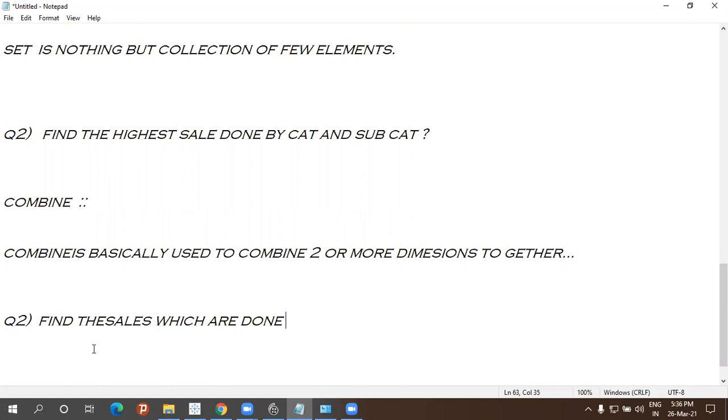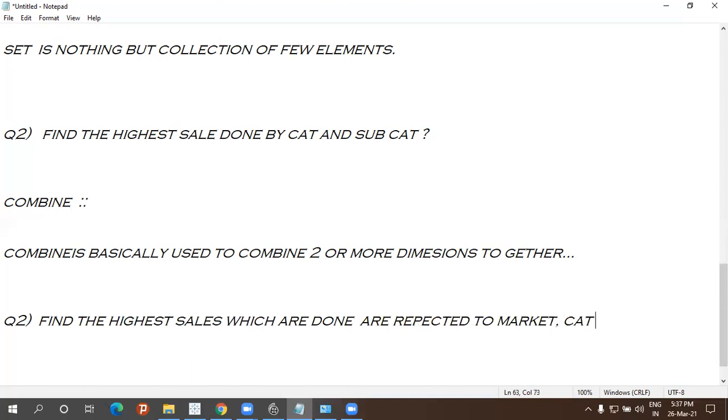Find the highest sales with respect to market, category, and subcategory.